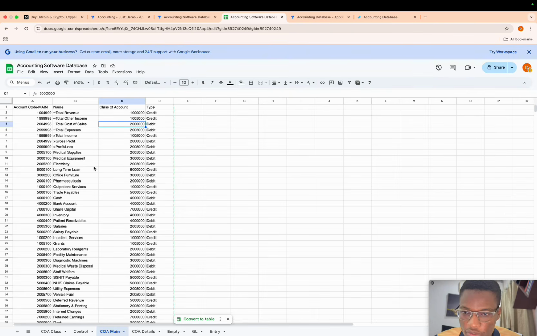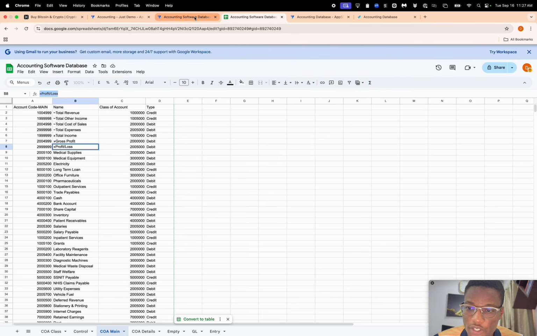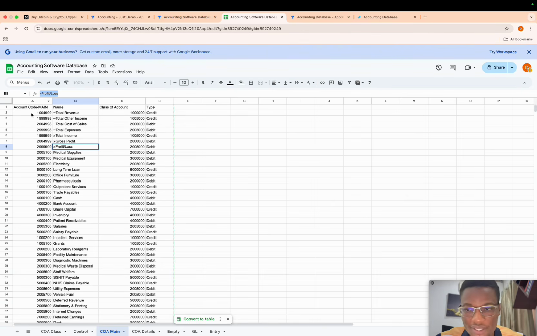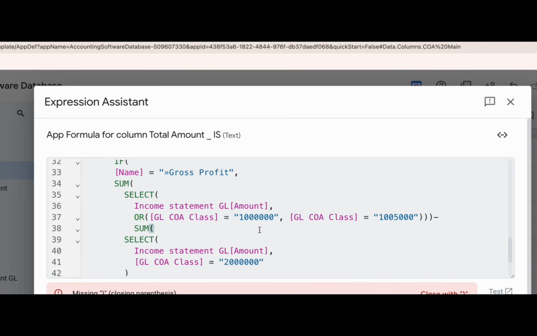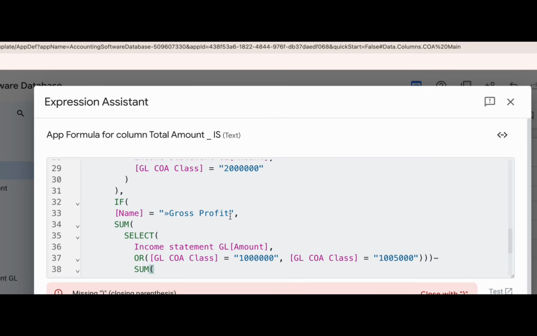Good. I'm going to change the name this time around to profit and loss. Mind you, once we are doing it this way, that means the names cannot change. Is that okay? If you feel like the names can change, then you'd probably be better off using the account code, because the account code will definitely not change, which I think is actually an advisable way to go about this. When we paste this, good. So profit and loss like that.